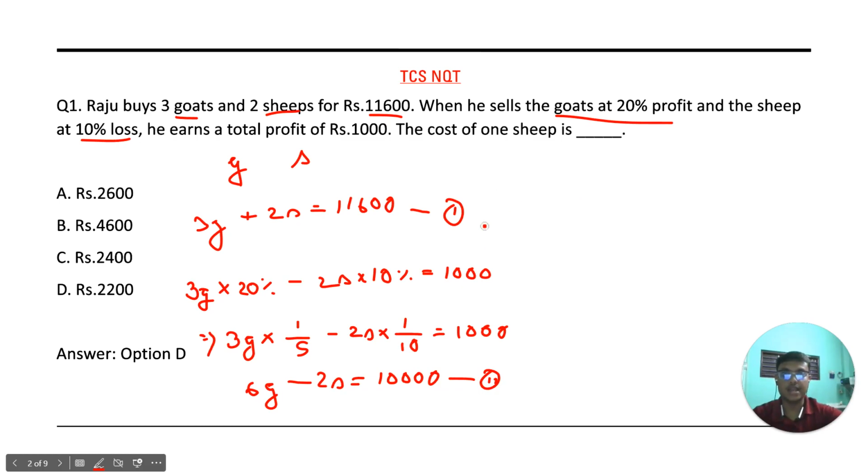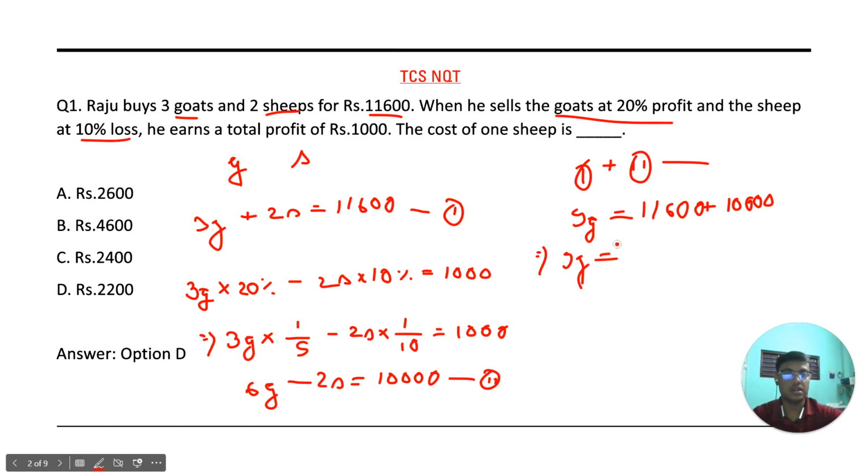Now we would be adding up equation 1 and equation 2, and that would give us 9G plus 2S and minus 2S gets cancelled, and we have 11600 plus 1000, another 0. Simplifies that